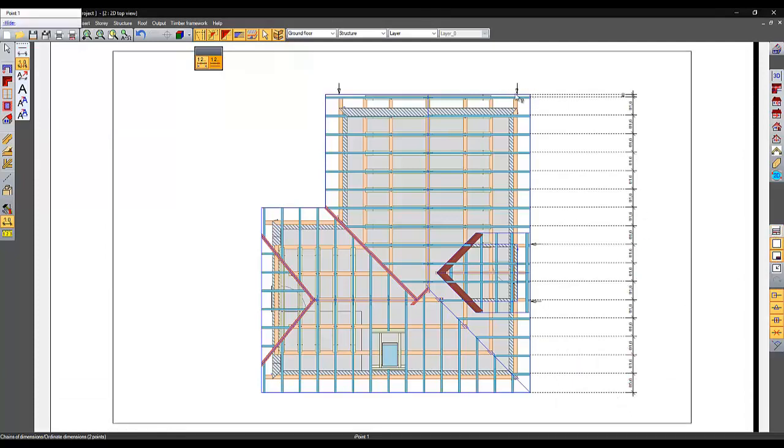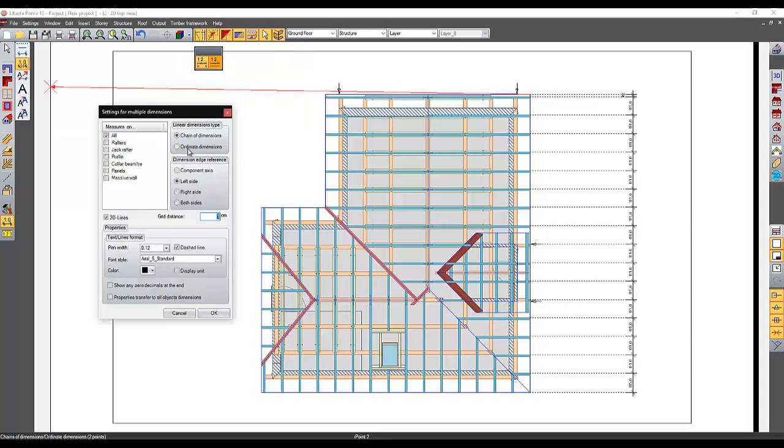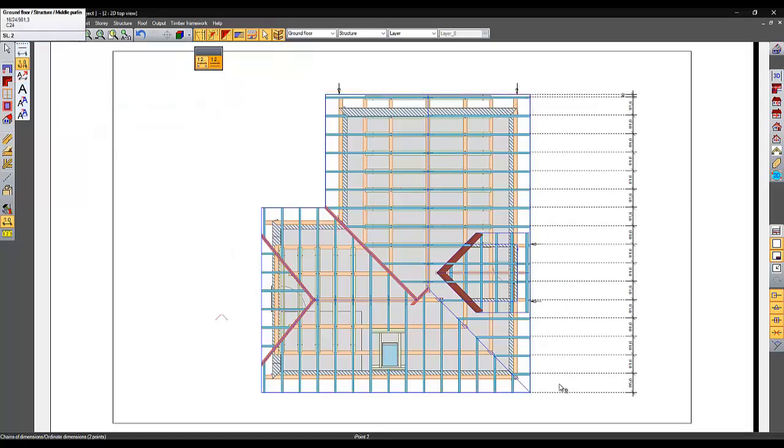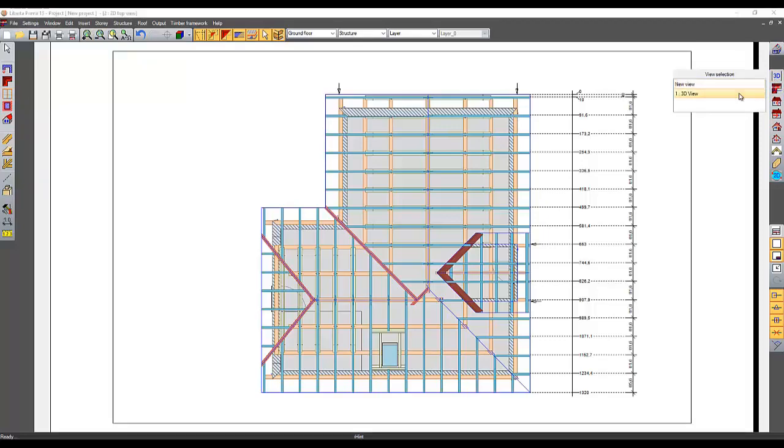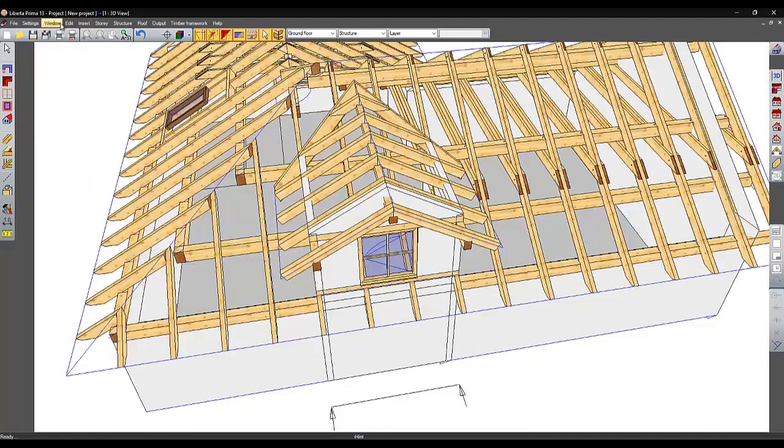This is a chain of dimension, but now I change, I would like to have ordinate dimension, so it's the dimension from 0 to the end point, but it's automatically done where the rafters are. Anyway, we go in 3D from here, or you can change window from here, it is the same. And here you can have the